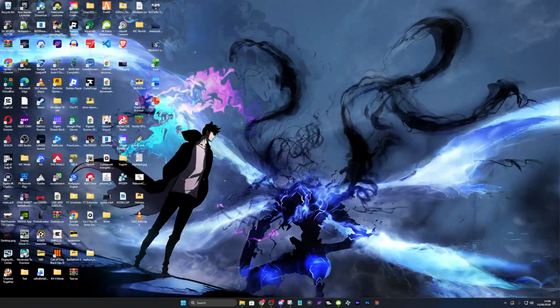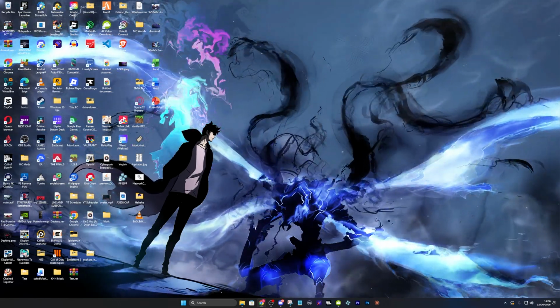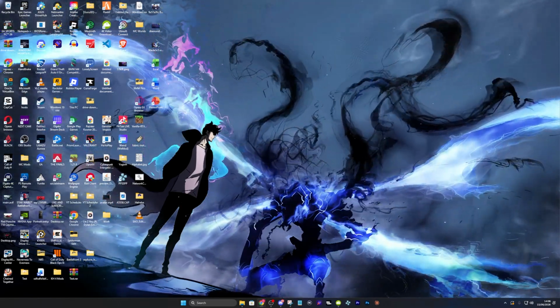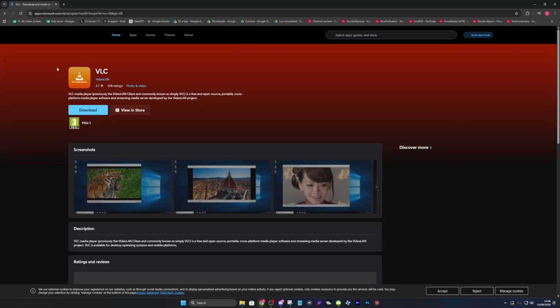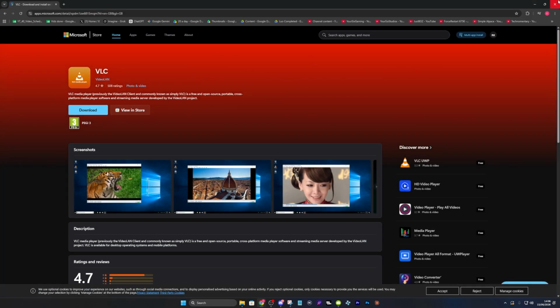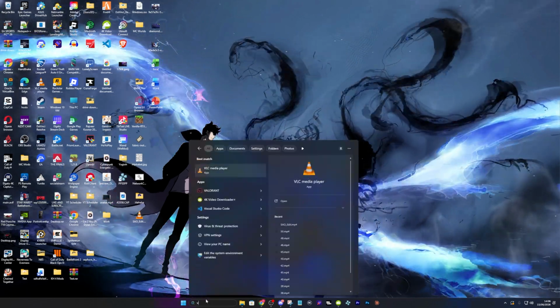But anyways, getting into it, it's very simple to go ahead and do this. So the first thing you want to do, if you haven't downloaded VLC Media Player, is search it up on whatever browser you're using, and then you can download it from things like Microsoft Store as well. It's completely free. Now, what you want to do is open up your VLC Media Player,